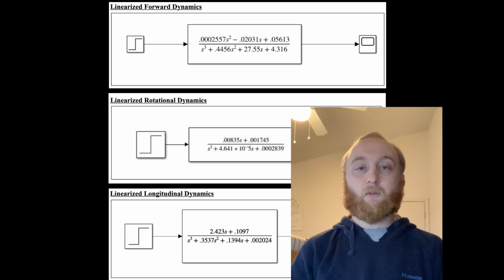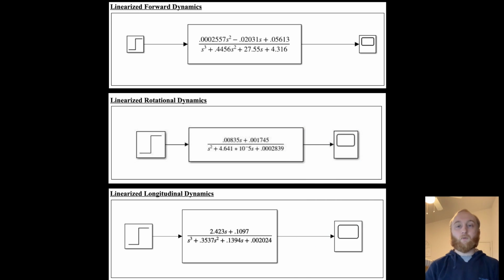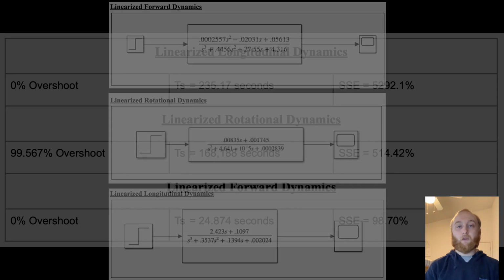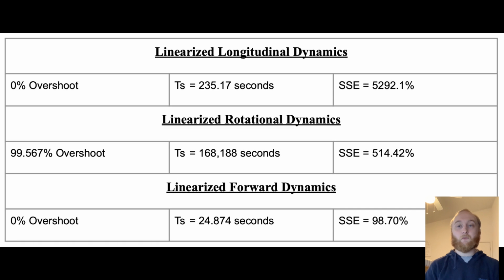Hi, I'm Adam McDivitt. Here we have listed the response parameters of all three transfer functions while they are just open loop systems. The longitudinal transfer function gives a 0% overshoot, a settling time of 235.17 seconds, and a steady state error of 5,292.1%. The rotational system gives a